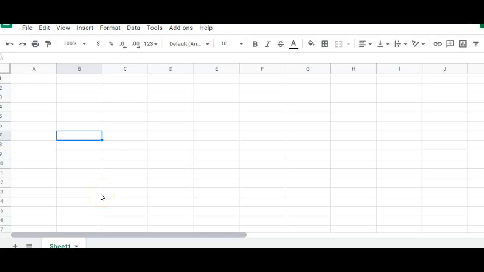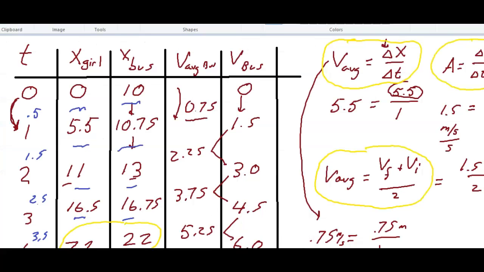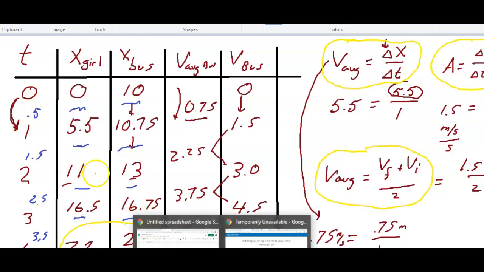We're going to do that table with the Google Sheets, and so hopefully this will help us remember the pattern that we did here with the equations, how the equations tell us the pattern, and also set up the sheet so that we can maybe calculate for different times, not just every second. So if we start up our table first,